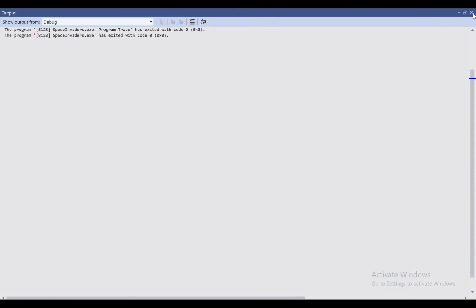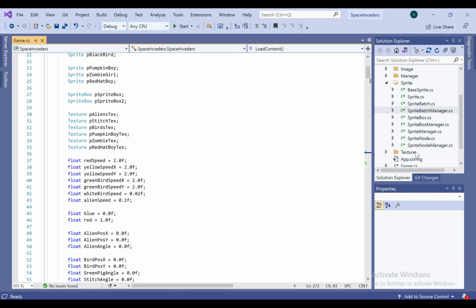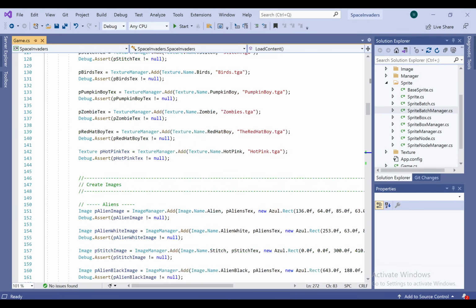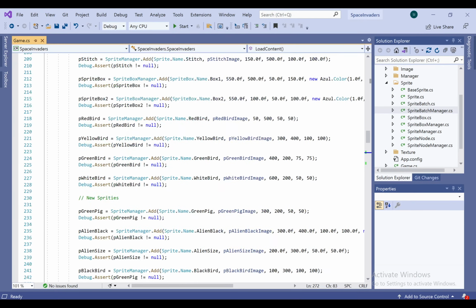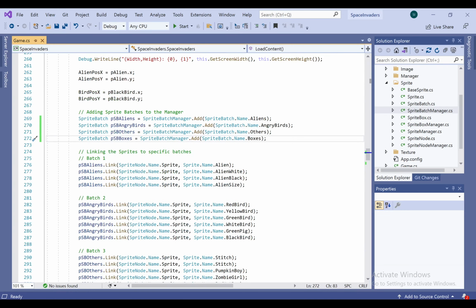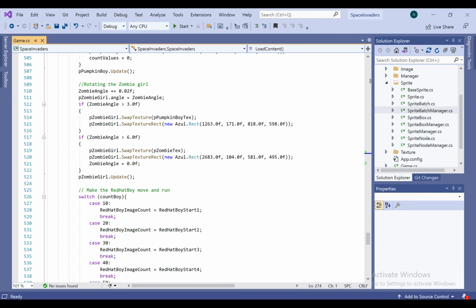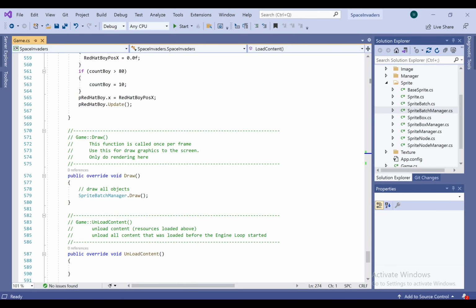But for this Sprint we have implemented the Sprite Batch Manager and Sprite Batches, where we can draw the batches based on the specific sprites attached to them. In the game code, we can see I have created 4 different sprite batches and linked different specific sprites to each batch. By doing so we can draw the sprite batches by simply calling the draw method in